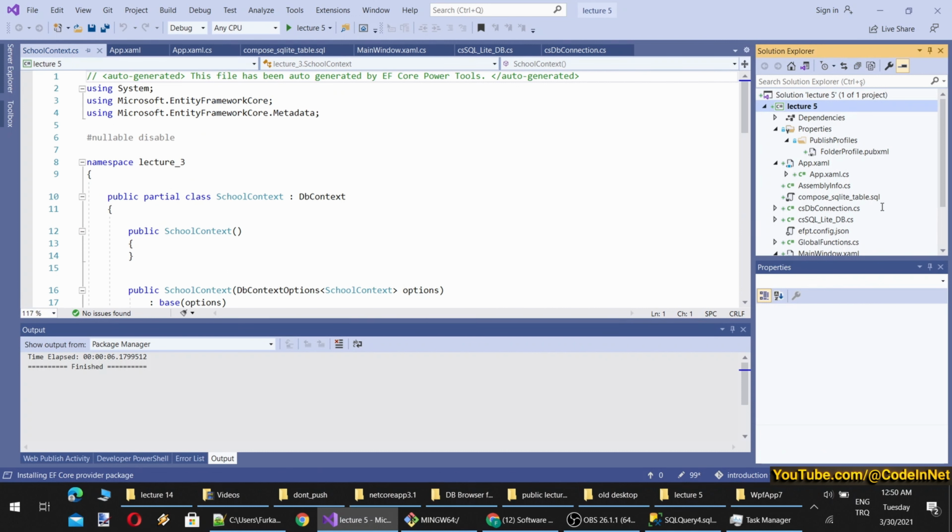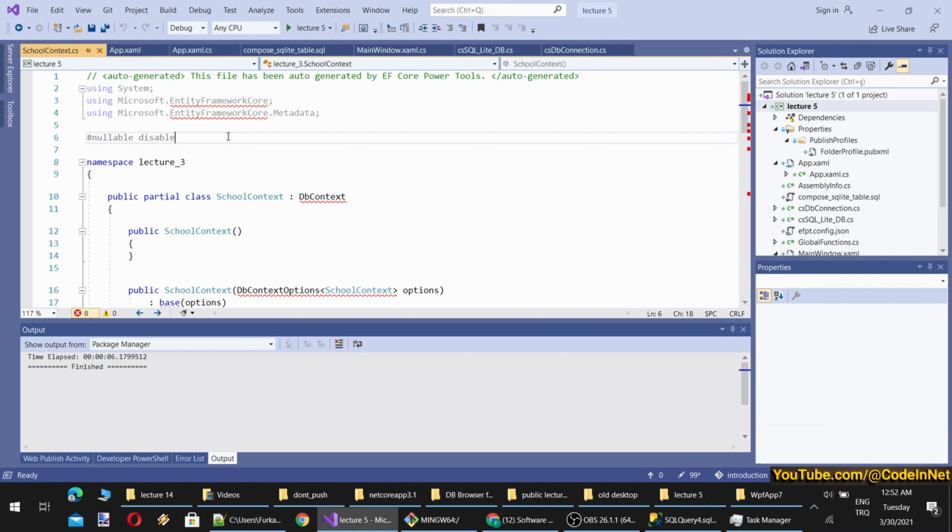So school context is added to our project. Let's see where it is. By the way, it is installing the EF Core provider package from NuGet, I believe, right now. As you can see at the left bottom, it has added Microsoft Entity Framework Core and Entity Framework Core metadata libraries into this school context.cs class file. You see it has public partial class school context which inherits DB context. By the way, we will see about this inheritance and other things in the next semester in the object-oriented lecture. It has a constructor which is empty.